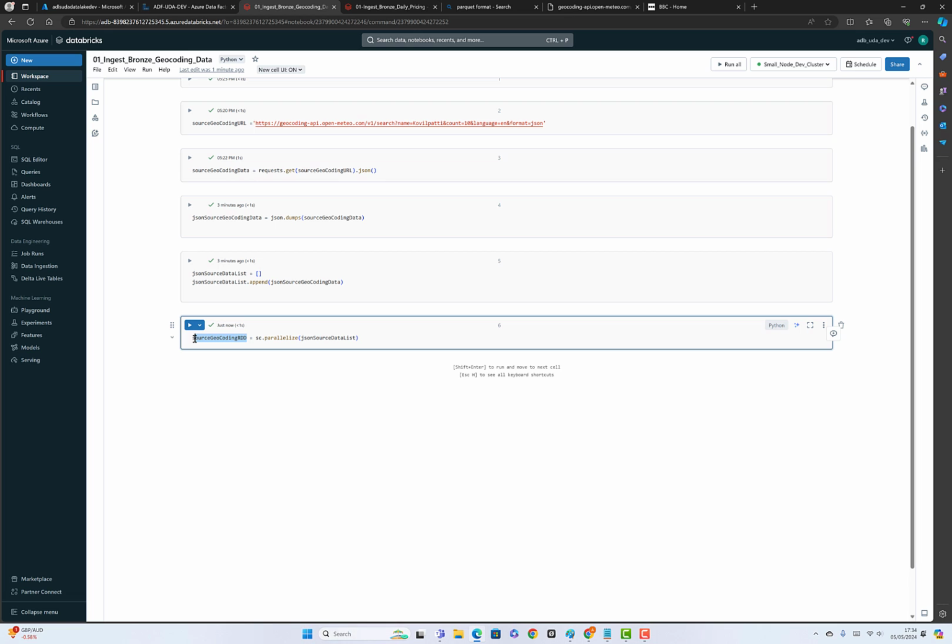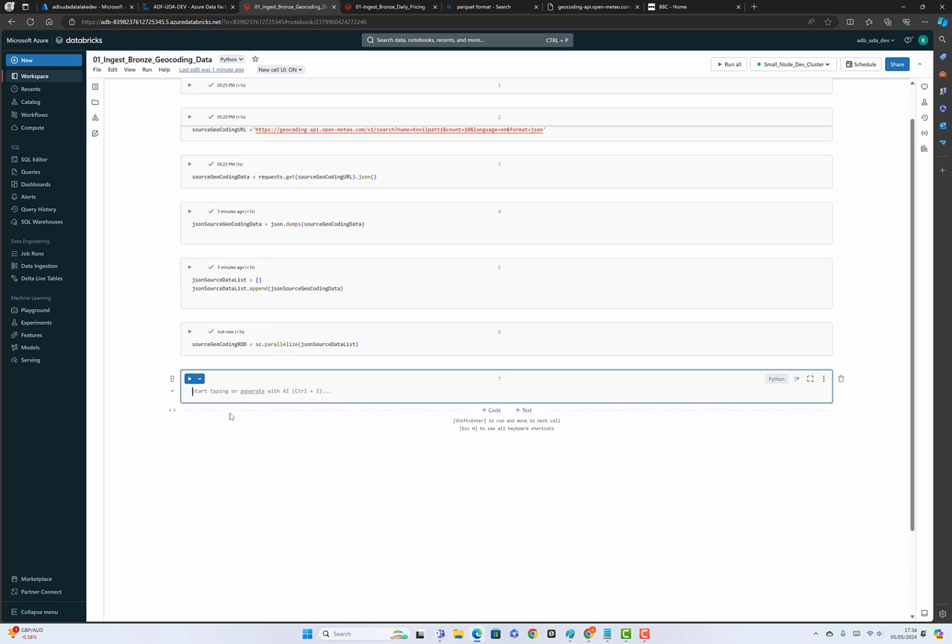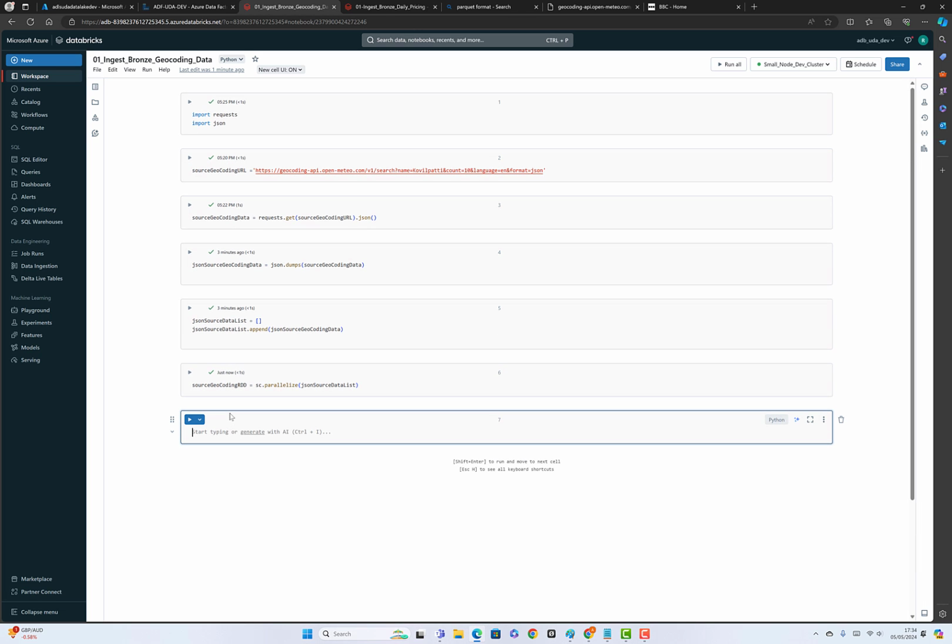Hereafter we can use the Spark keyword to read the actual data or write the data, okay. So probably now I will use the keyword. Again I will explain it to you, okay. This is so many steps actually. Source geo coding data frame. Now only the data frame is coming. So this is why, when dealing with external data, we need to do too many conversions before ingesting into the